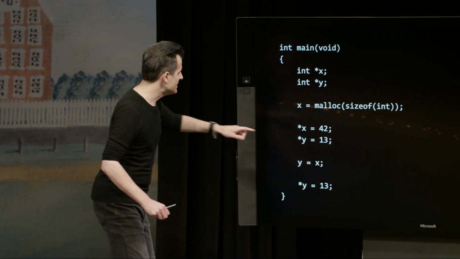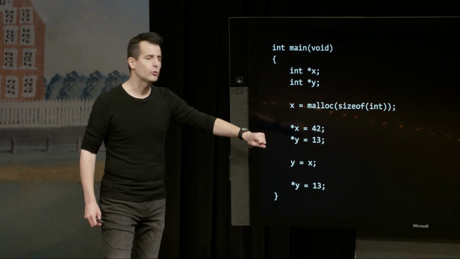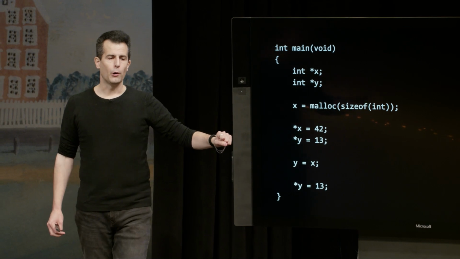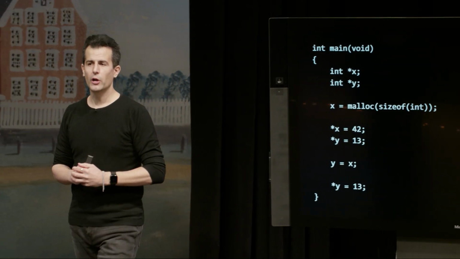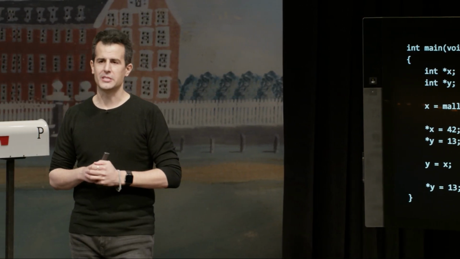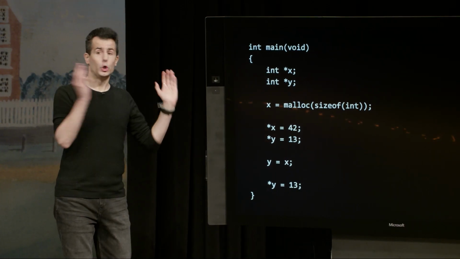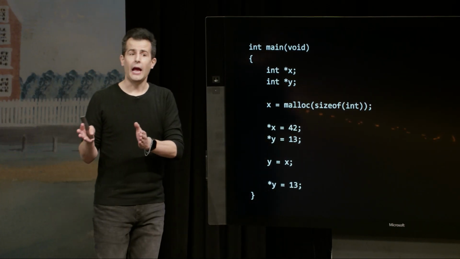How about this next fifth line, *y = 13? Brian, could you verbalize someone else? What does *y = 13 do for us? And it's not an accident that 13 tends to be unlucky. Peter says put 13 at the address y. Good. Put 13 at the address in y. Or put another way, go to the address in y and put 13 there.